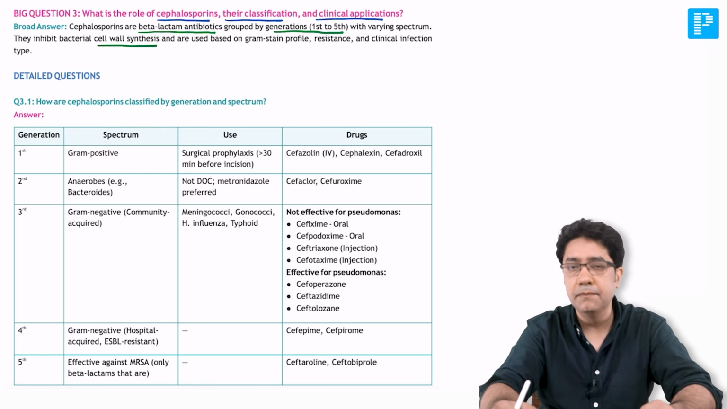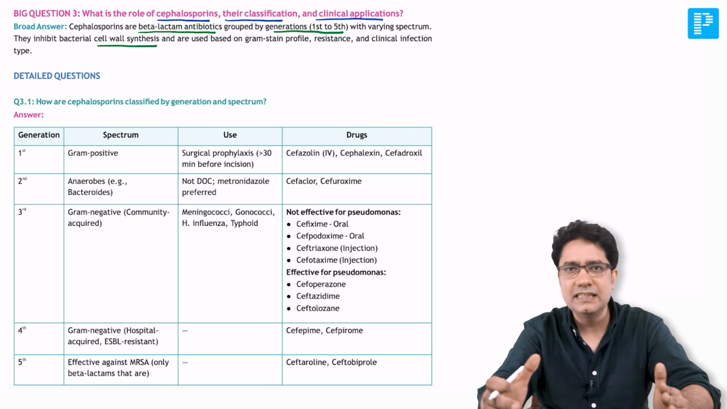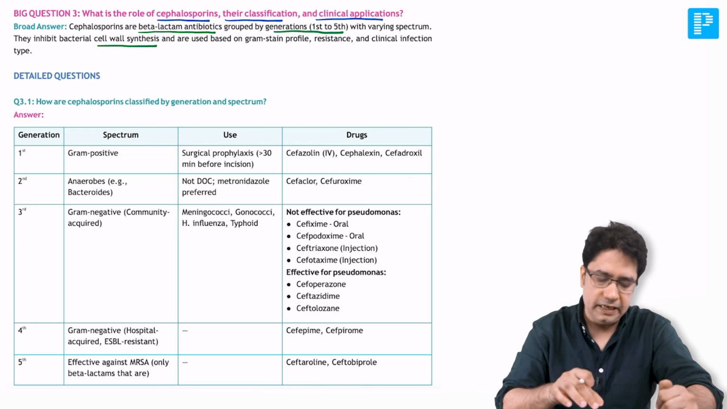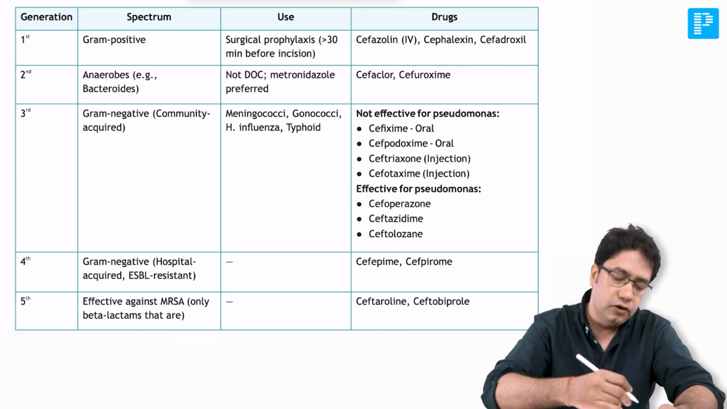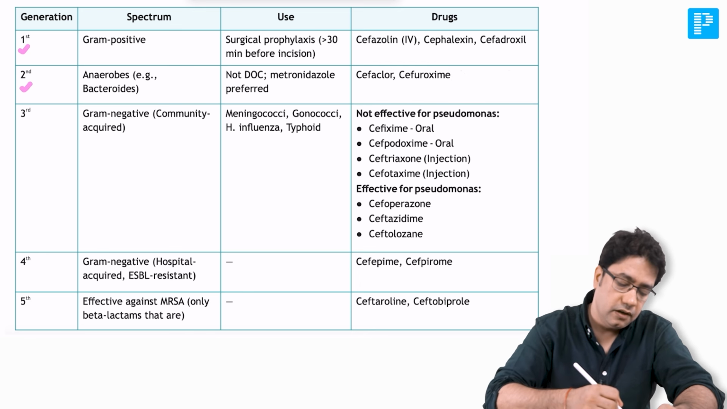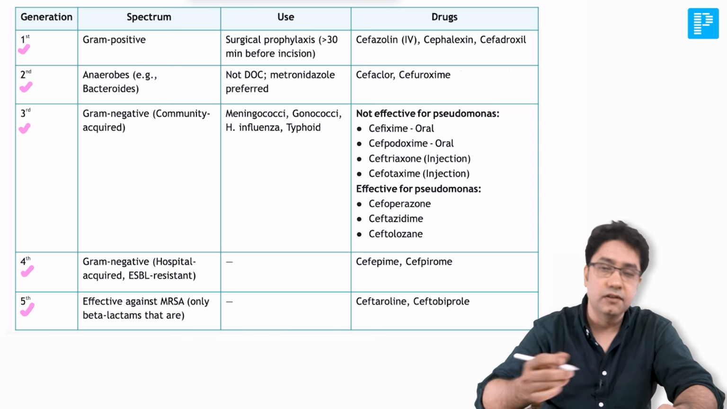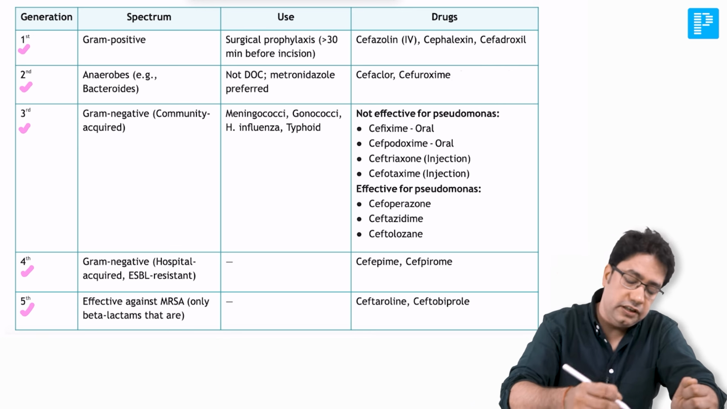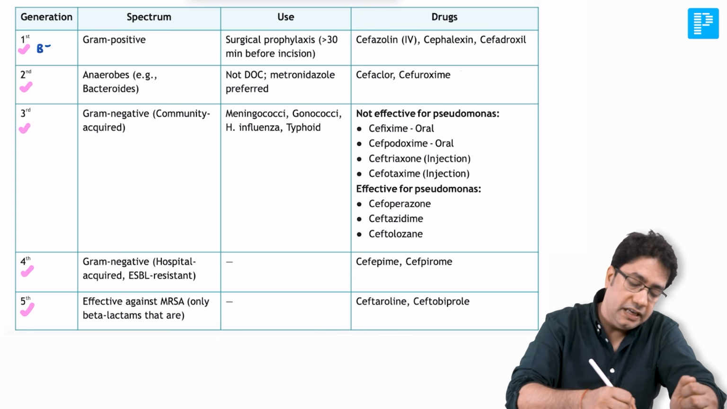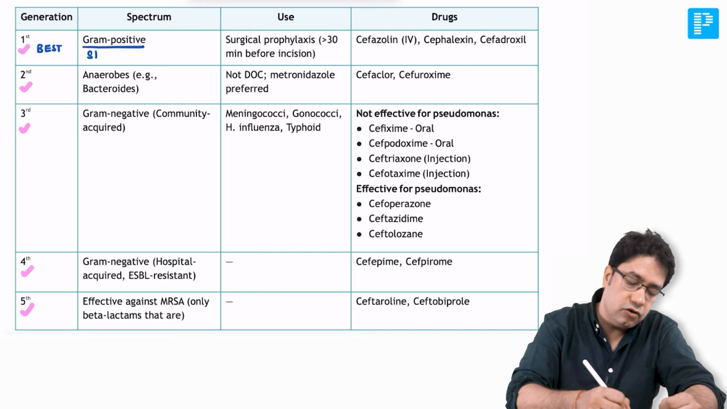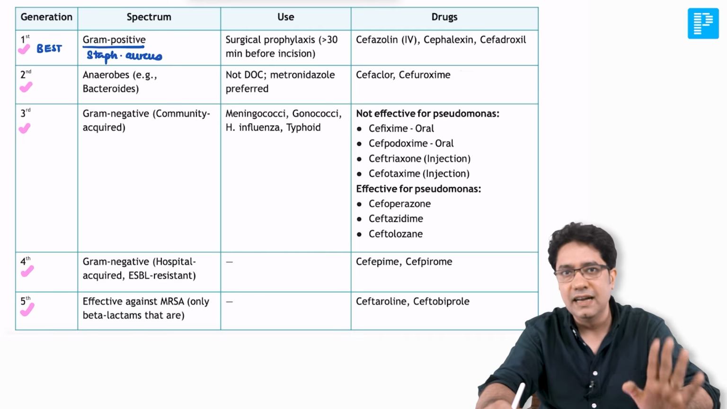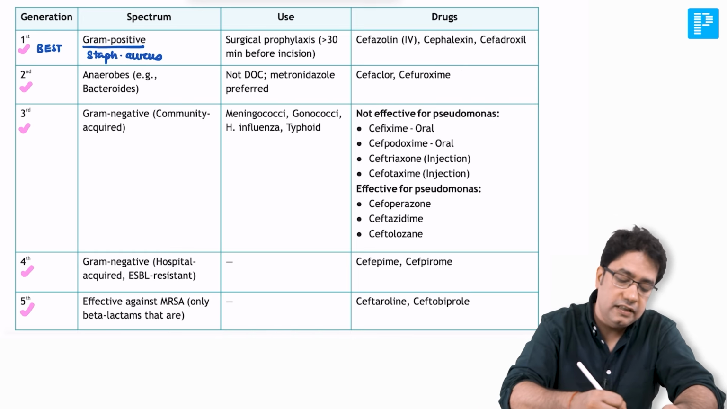There is a beautiful table given in our QnE notes. Let's zoom on this table for a moment. We can clearly see that cephalosporins are divided into 5 generations: first, second, third, fourth and fifth. Remember, first generation cephalosporins are the best cephalosporins we have for gram-positive bacteria. We very well know that Staphylococcus aureus is a gram-positive bacteria. That is why first generation cephalosporins are given for